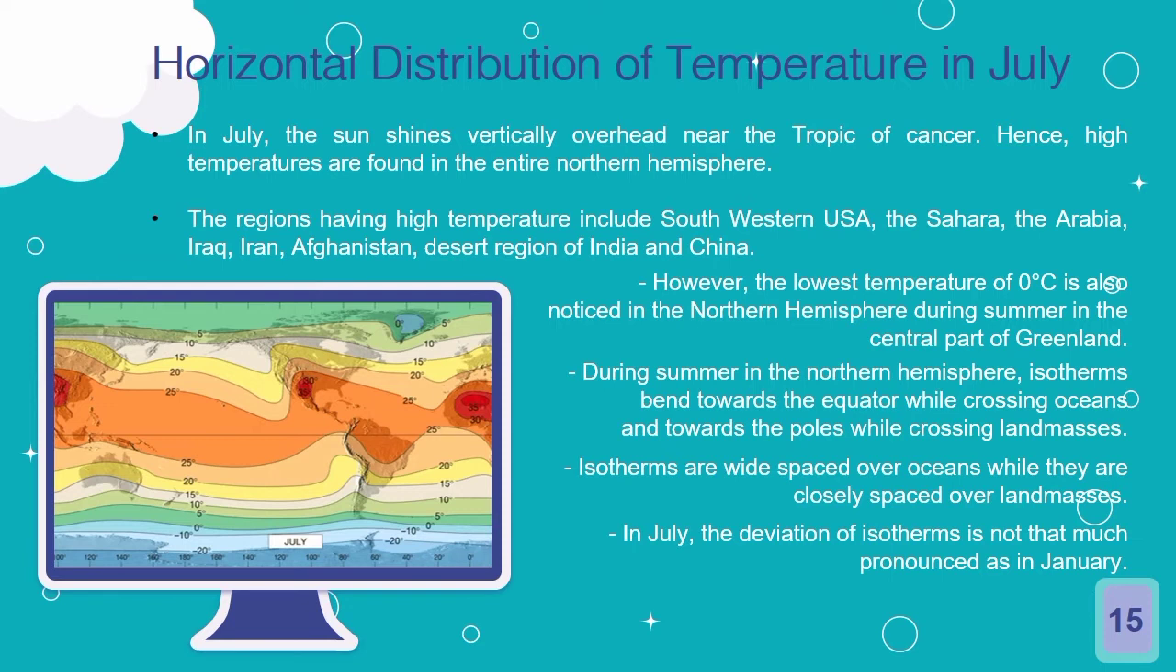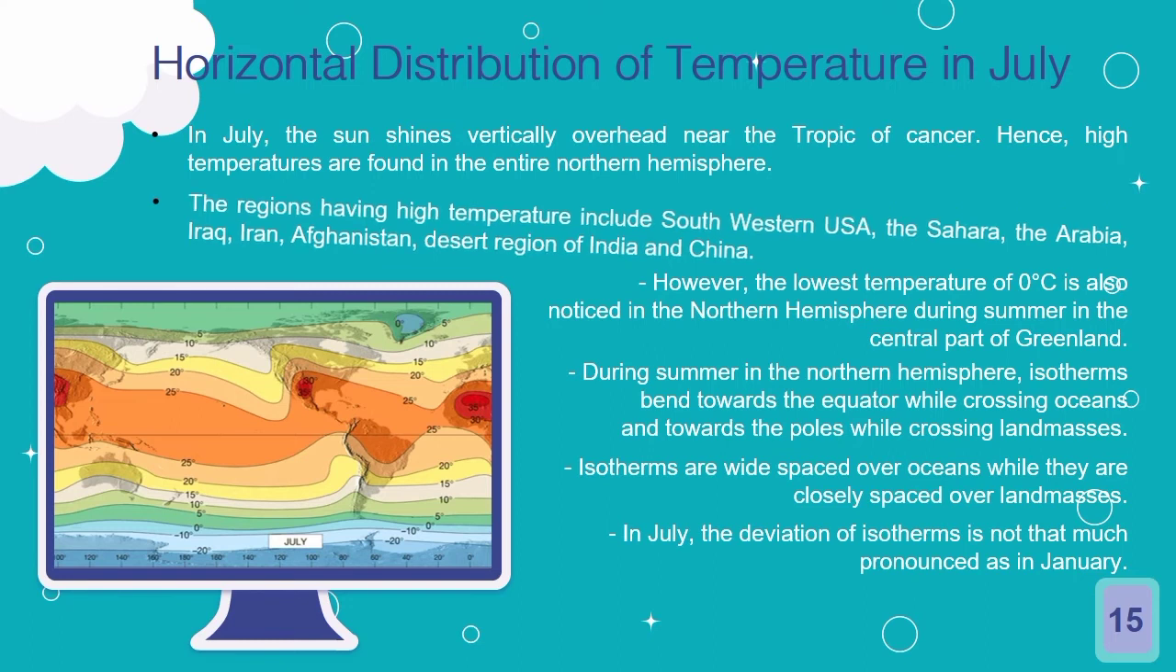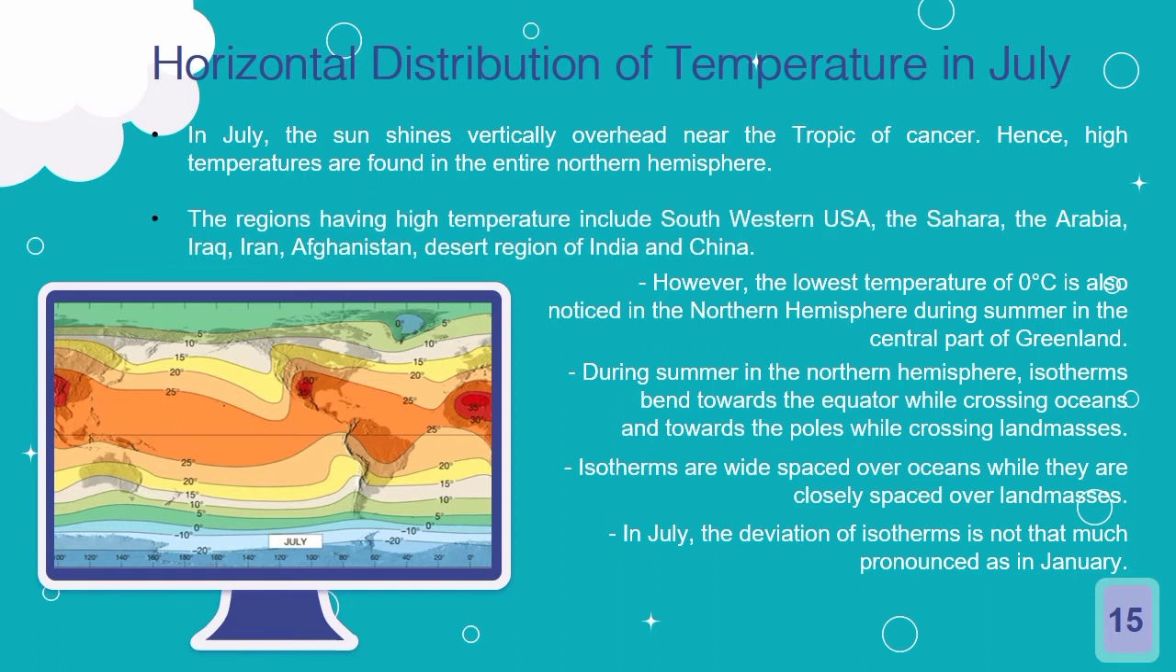Next is the horizontal distribution of temperature in July. In July, the sun shines vertically overhead near the Tropic of Cancer. Hence, high temperatures are found in the entire northern hemisphere. The regions having high temperature include southwestern USA, the Sahara, the Arabia, Iraq, Iran, Afghanistan, desert region of India, and